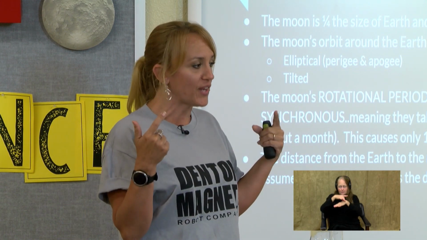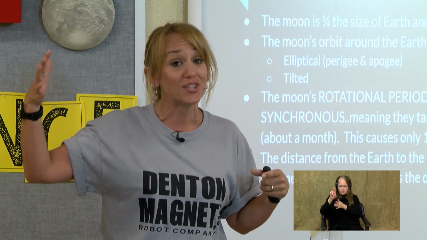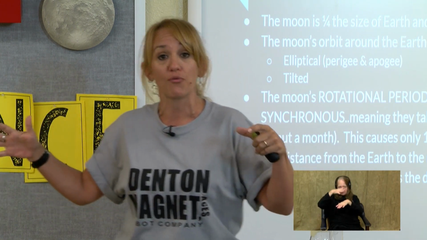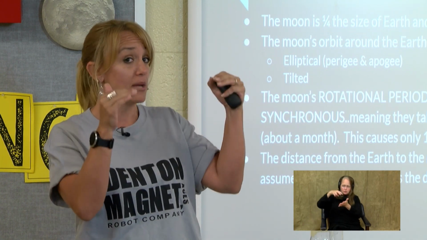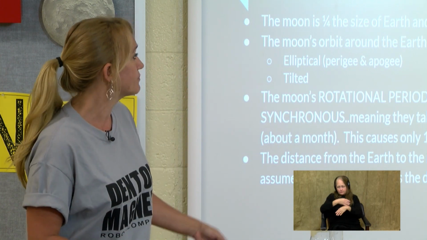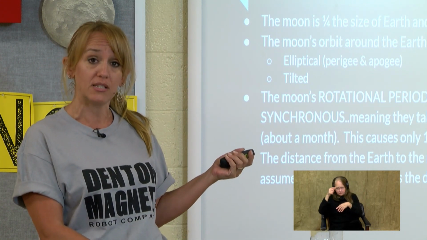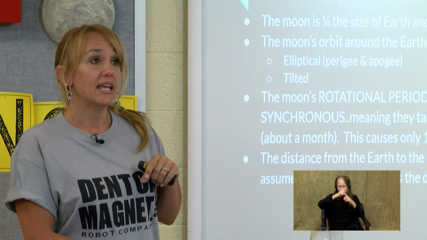That's why when you think of any images you've seen of the lunar landings when we went to the moon, those guys were running and jumping on the moon because there is gravity. It pulls them back down, just not as much as Earth. It's 1/6. Then we looked at the moon's orbit, and we learned that the moon's orbit around the Earth is